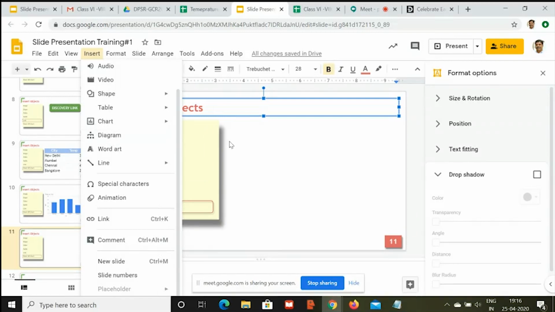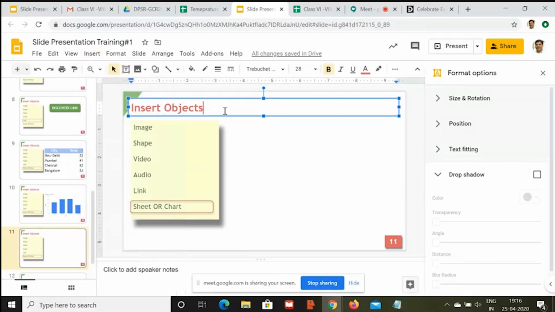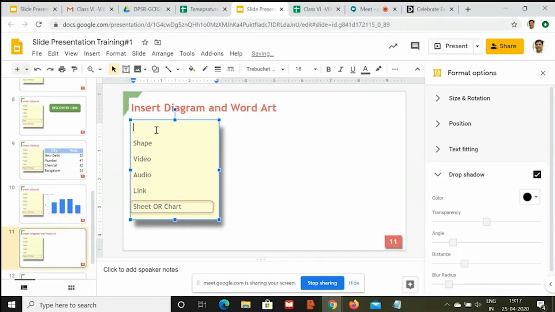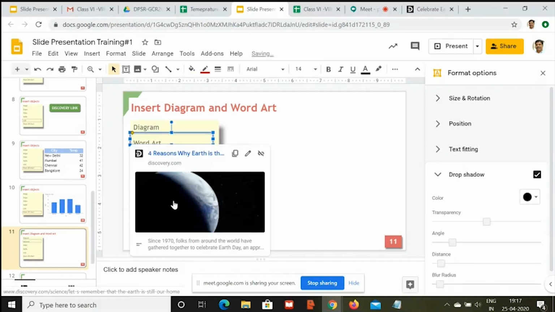So let's make it the next level, inserting the diagram. Insert diagram. Okay. And along with diagram, we'll cover diagram and word art and some more things we'll be doing. So let's take it. Diagram, and the next topic is word art, and let's move the highlighted portion from here.